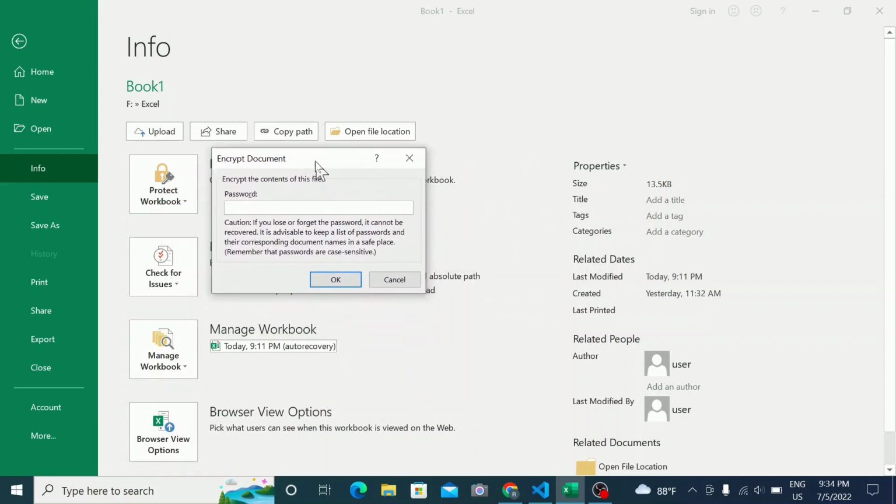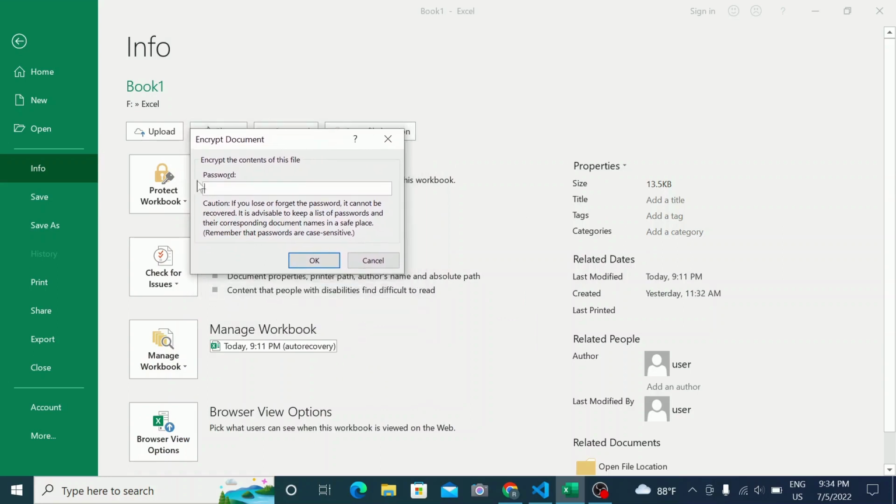It will take me to a new dialog box where I have to give my password in that empty space. But before giving the password, you should read the caution text written below. Generally, it says that if you give any password and by any chance you forget your password, then you can't get back this document again. So you should write down your password and store it somewhere safely. Okay,